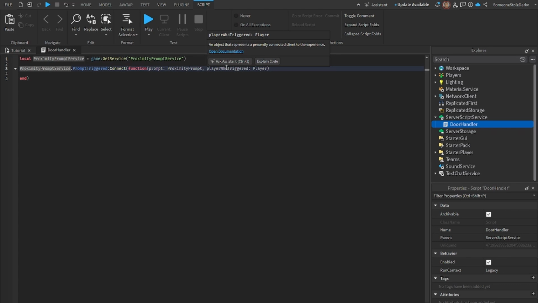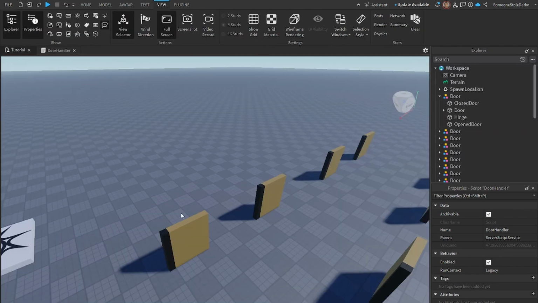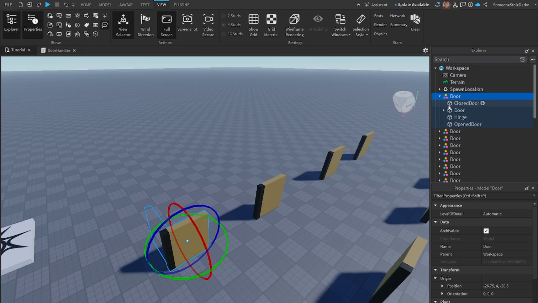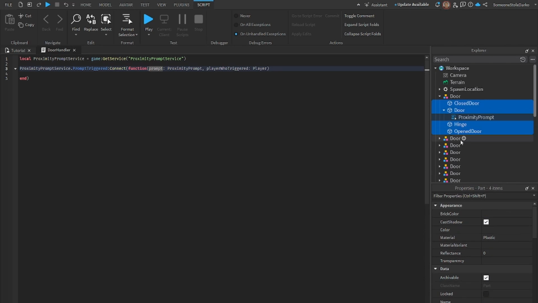But with proximity prompt service, the difference is that we also have the proximity prompt as the parameter. And if you know any basic scripting, you already know that we can do a lot of stuff with the reference. So for example, our doors have the proximity prompts, meaning that whenever the proximity prompt triggers, if we know which proximity prompt it is, we can get all of these base parts with just this proximity prompt. And let's actually do it